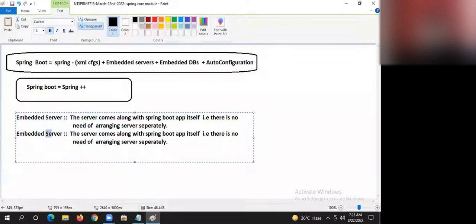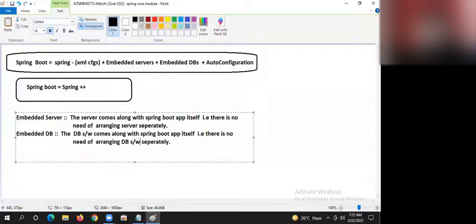Embedded DB, guys. The database software comes along with the Spring Boot application itself. That means there is no need of arranging database software separately. See the beauty of Spring Boot.